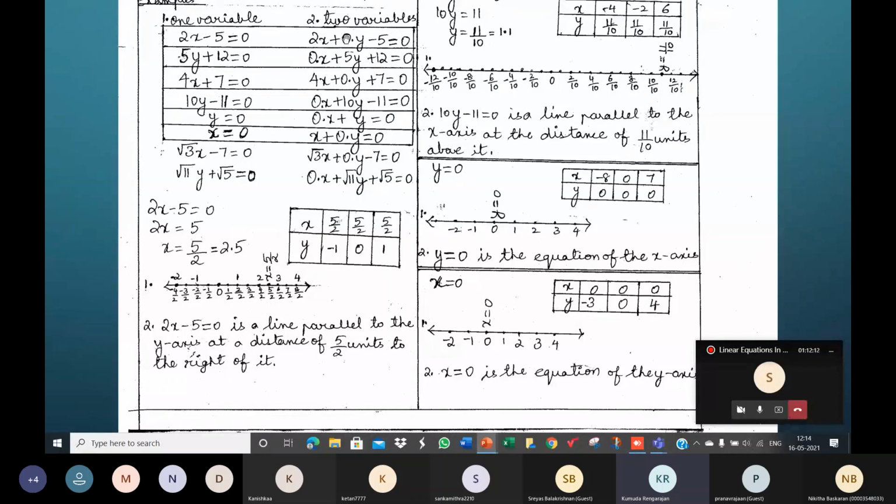It's like either you substituted and you found. It's like you substituted y as minus 1. When you substitute y as minus 1, 2x minus 5 is equal to 0, x is equal to 5 by 2, and you got 5 by 2. Then you took y as 0. When you work that, you get x is equal to 5 by 2. That's what you write here. Then when you took y as 1, you worked and you got x as 5 by 2. So whatever be the value of y, the value of x will be 5 by 2.